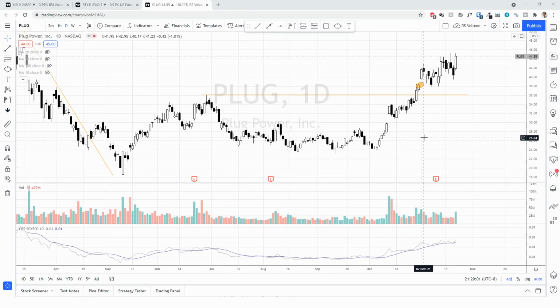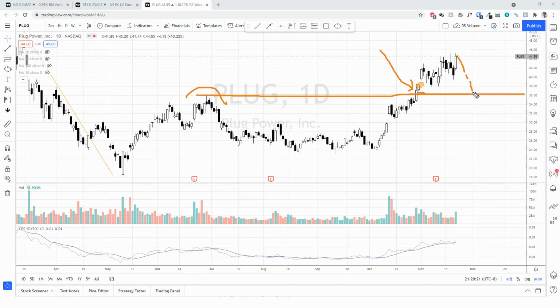slightly lower if I really want to take this trade, because if you put it at 36 here, look at this. This is actually the axis line, where the previous resistance turned into support, and also the breakout bar here. It's quite natural for the price to come back to test this, whether the breakout bar, the axis line, or even slightly lower. So the safest stop will be below this, somewhere around 34. That will be the safest stop.